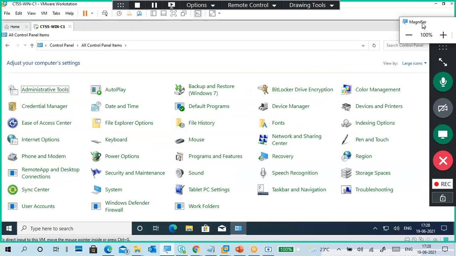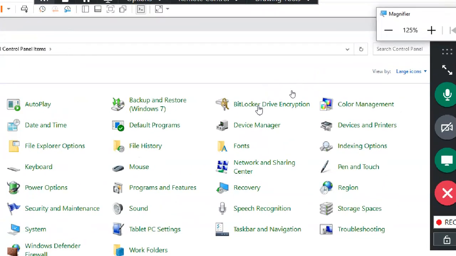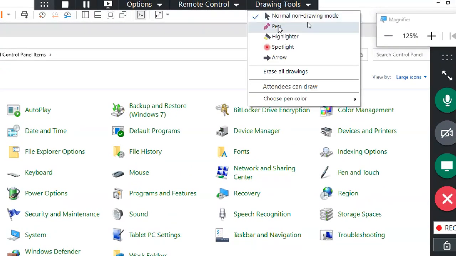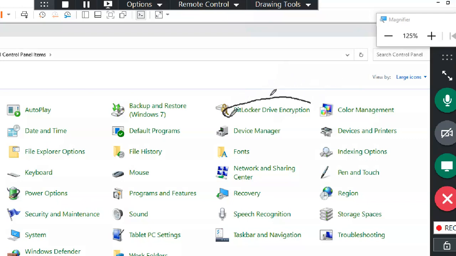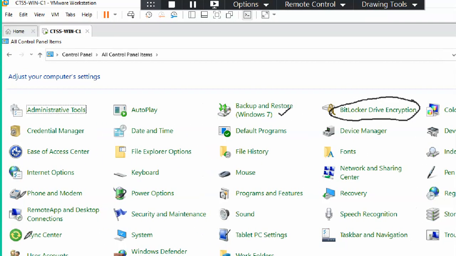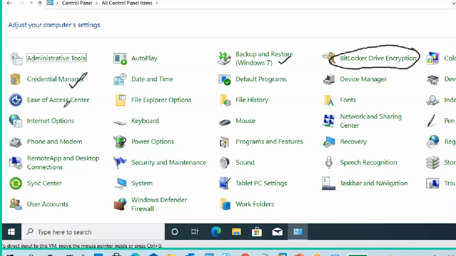What you have to do today, after installation of your operating system, is go to each and every option, both in control panel, settings, and the things I showed also. BitLocker drive encryption is available from Windows Vista or 7 onwards. Next one is Backup and Restore, which is the Windows 7 model only. Credential Manager, Credential Guard is one of the things in Windows 8 and Windows 10. This is a feature in Windows 8 and Windows 10 called File History. This is another feature.